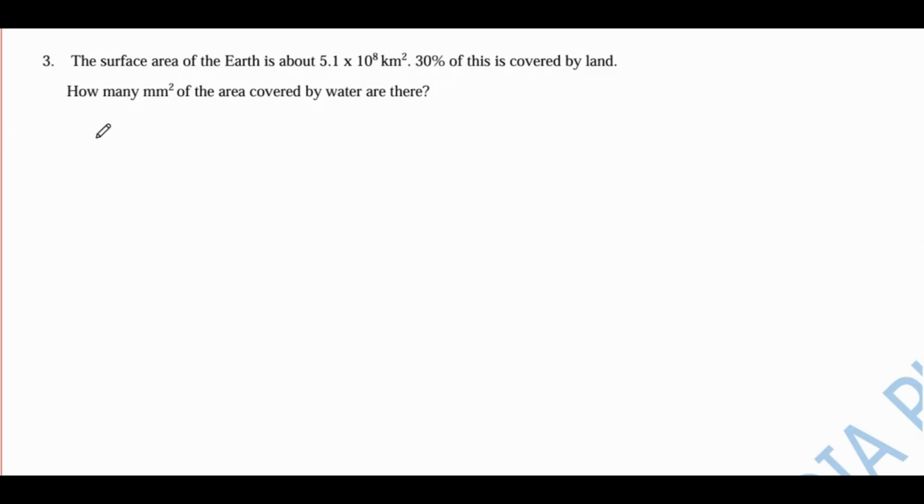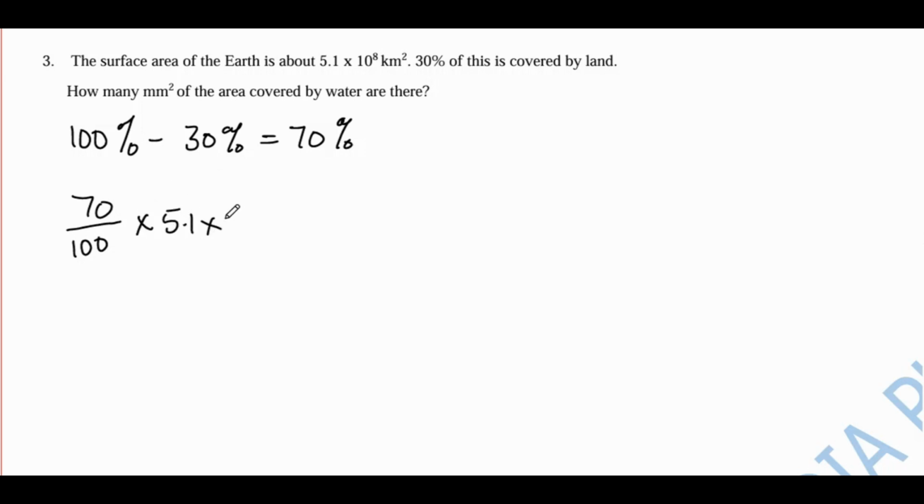Now, 100% minus 30% gives 70%. This is the area covered by water. Percentage, by definition, is a fraction whose denominator is 100. Now 70% is 70 upon 100. Now we multiply by 5.1 times 10 raised to power 8 square kilometer